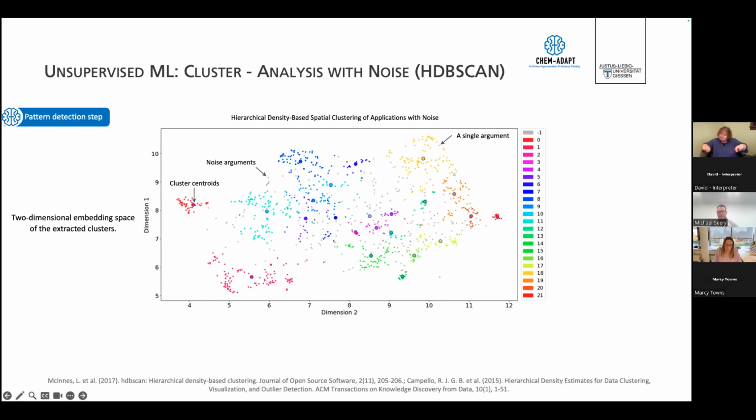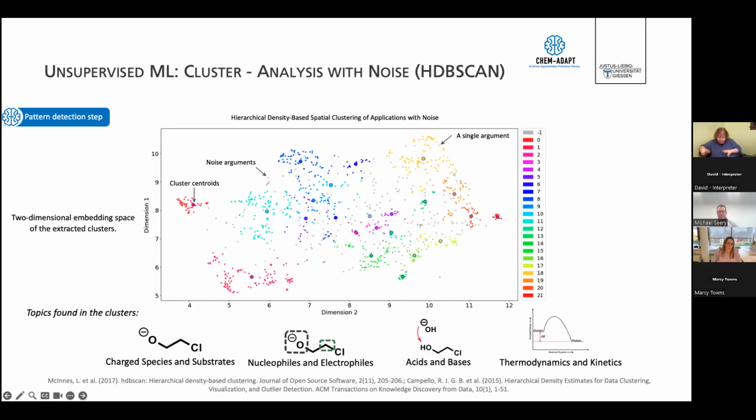Our first inspection of these different clusters gave us some topic categories that we see in students. Students were talking about shards, species, and substrates, nucleophiles, electrophiles, acids and bases. And maybe not surprisingly, thermodynamics and kinetics were also one category by itself. So here we see what we see in the literature as well, that students are not connecting acids and bases and thermodynamic aspects together. This is why they appeared in different categories. But I mean, this is obvious because all the reaction contexts refer to nucleophiles, electrophiles.